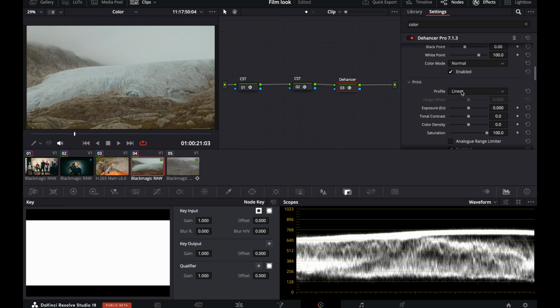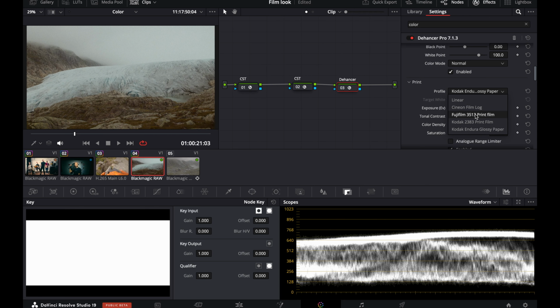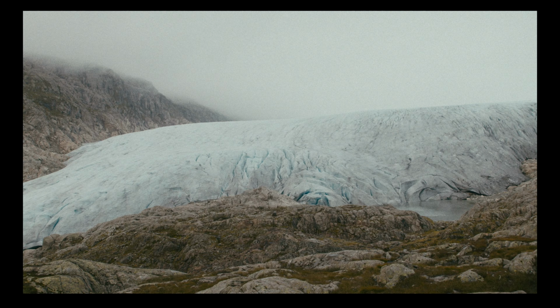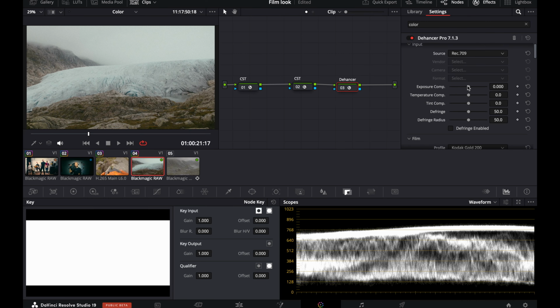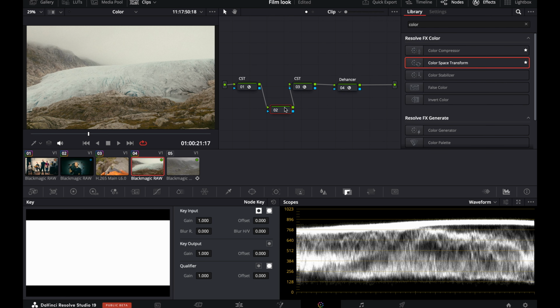And then you can choose if you want to use the film print or not. You can see here there's the Cineon film log, but we can try the Kodak Fujifilm. We can go with the Fujifilm, I think. That looks nice, yeah. If you need to correct the exposure, you can do it either here, or if you have subtle adjustments like the temperature, you can keep it a little bit warmer. You can do it here, or you can put another node here and do it like you are used to in your DaVinci Resolve, like in the previous workflow. And here you can just tweak it